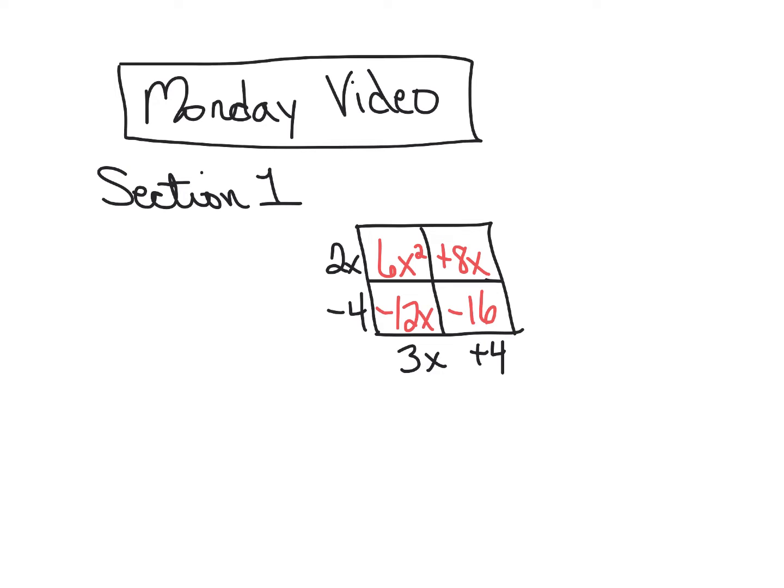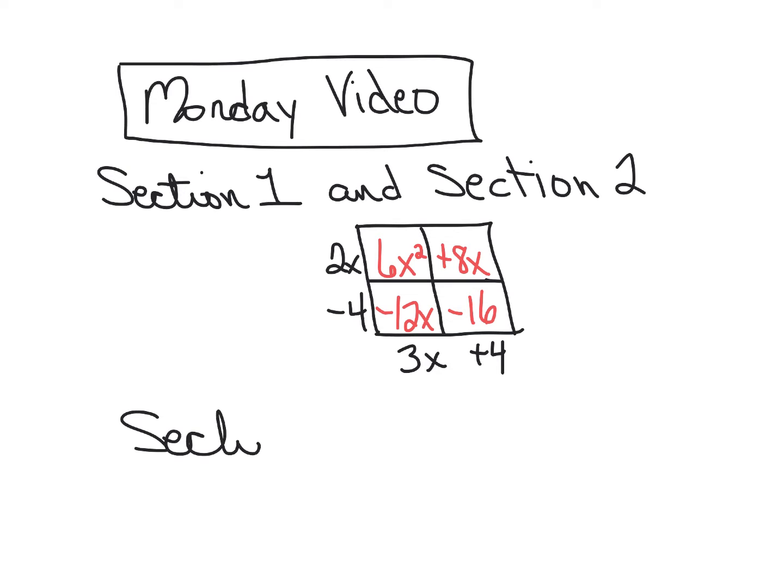So that is also what you're doing for section 2. So I guess I should say here, section 1 and section 2. Section 1 is just filling in pieces of the box. Section 2 is filling in the whole thing. Section 3 is trinomials and